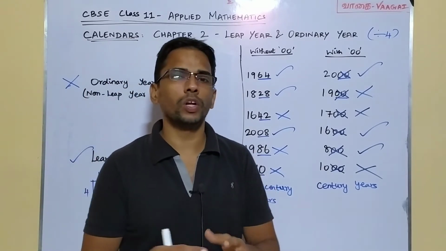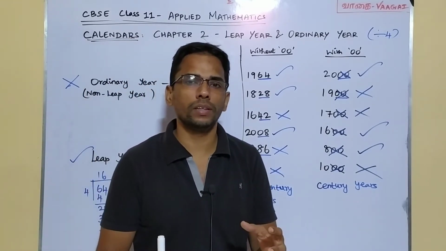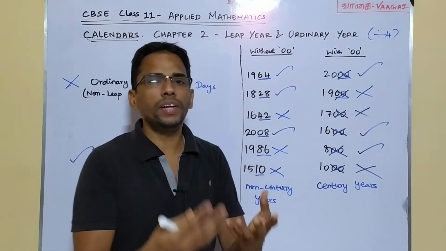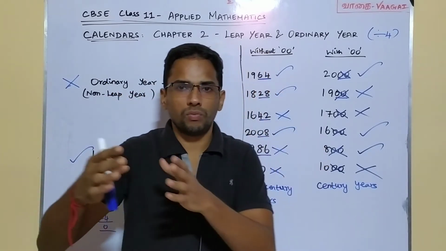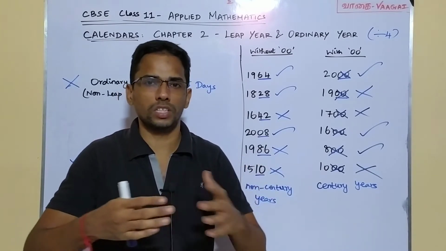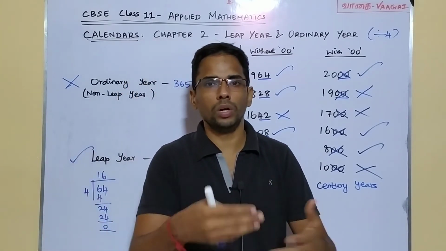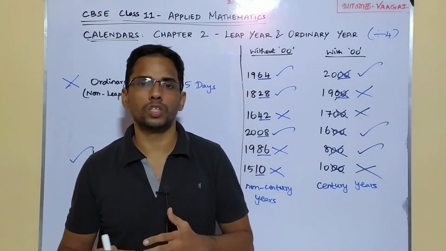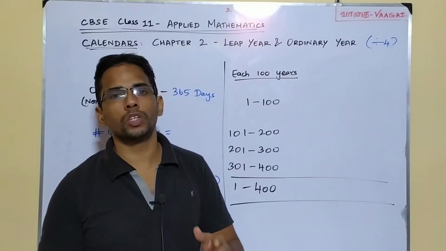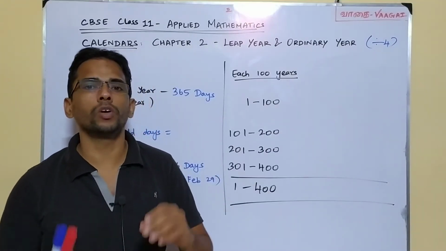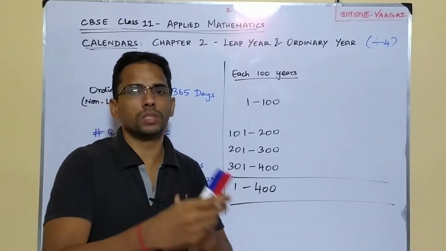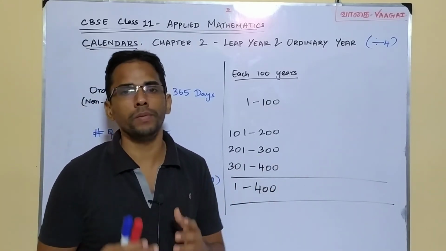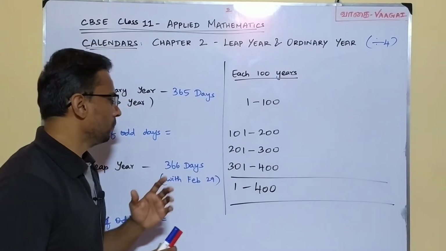And what we are going to do next is calculate the number of odd days for a leap year and an ordinary year, and also for a century at a stretch. Okay, let's go. The next part is going to be even more important, because using these concepts we are going to solve problems in the upcoming sections. So we continue.